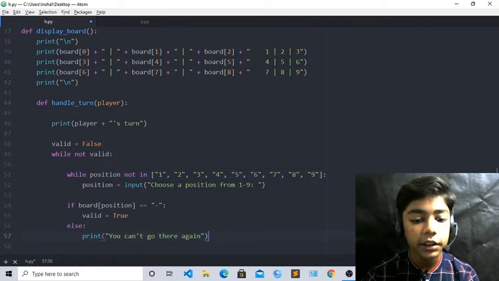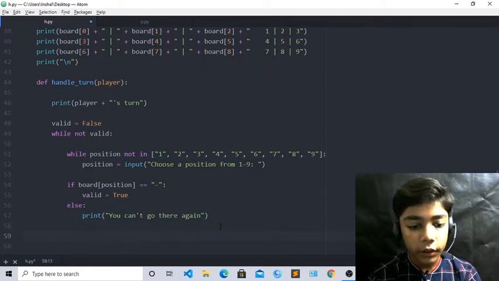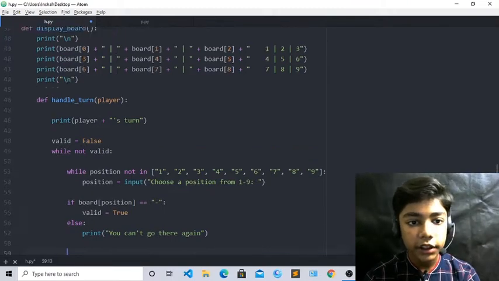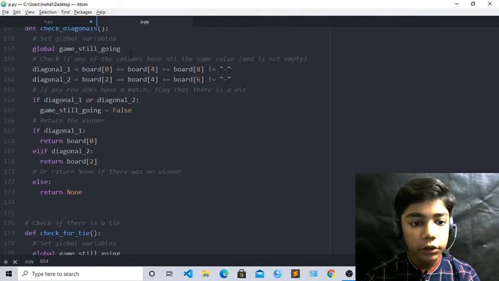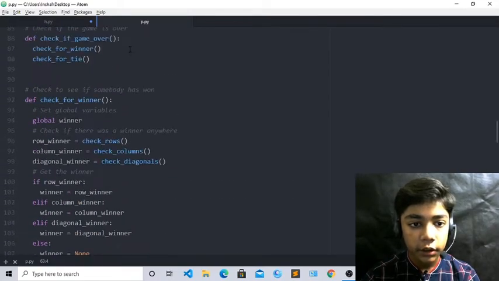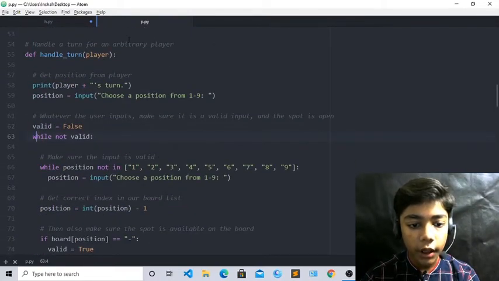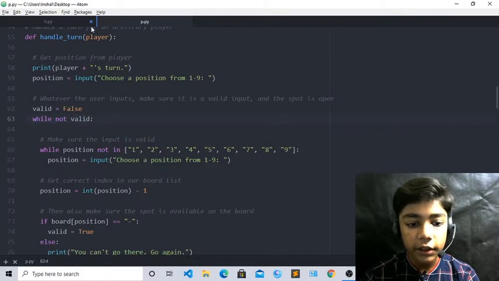Now you can see that when you have defined this print, you can't go there. Just come over here. Now you can see we have done up till here. Now here we have also done, so you can see this. Now come up, and here you have to come over here.